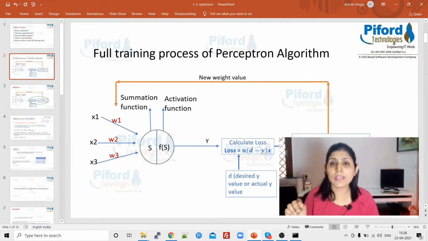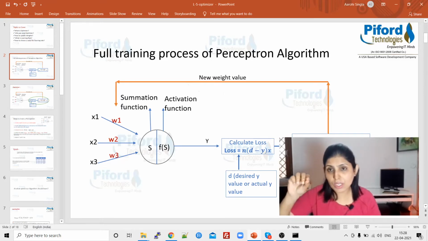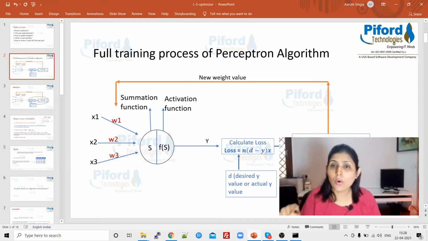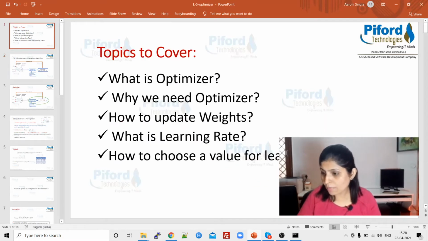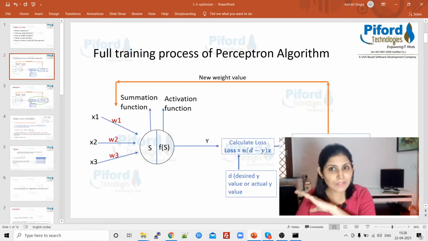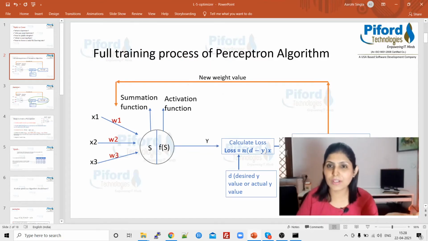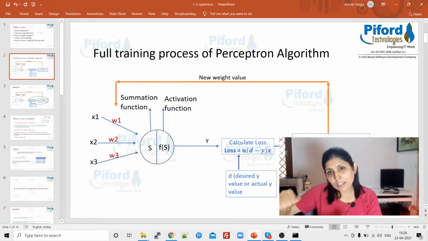So when we are thinking about which should be the next weight value, here comes the role of the optimizer, right? I told you we will be starting the optimizer today, and I explained all these things from our previous class so that I can take you to the next step.